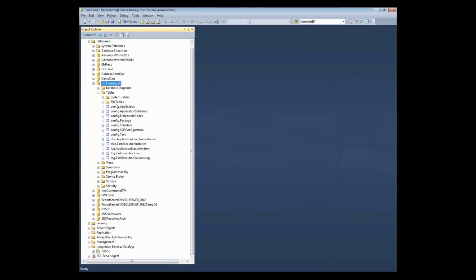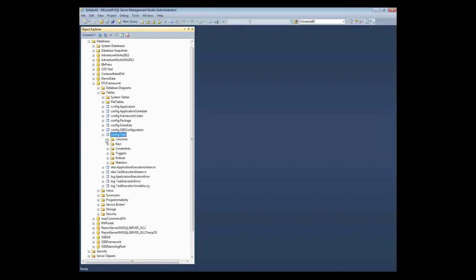So the database, there's actually not a whole lot to this. The database structure is the application is the top level container within my ETL framework. So the application is basically nothing more than a collection of tasks. The collection of tasks are actually nothing more than SSIS packages that I've wrapped some metadata around as far as